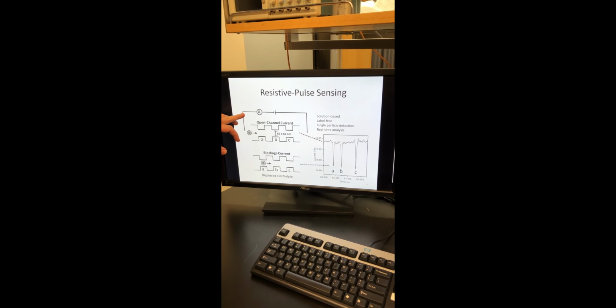As the particle is driven into the pore, we get a displacement of electrolyte, which causes an increase in resistance and so a decrease in the current amplitude. From the difference from this baseline to the trough here, we can get a sense of how large that particle is. We have 3 pulses, so that we can have improved signal averaging from 3 pores. And here you can see we can have hundreds of particles in a matter of minutes, each of which is